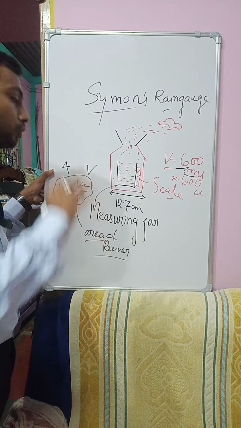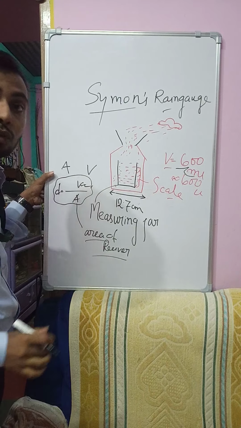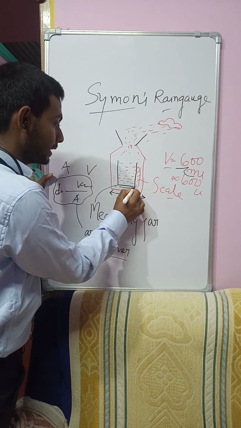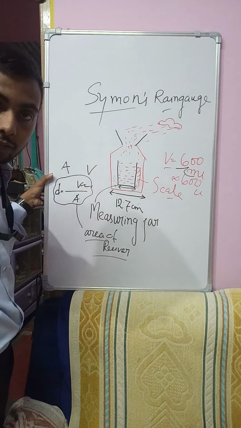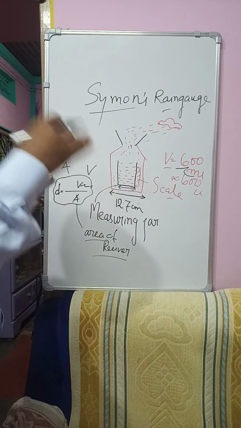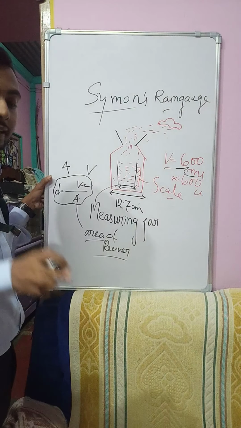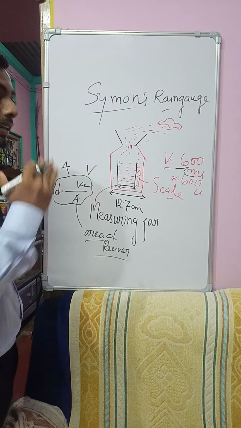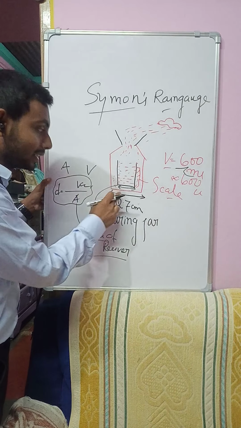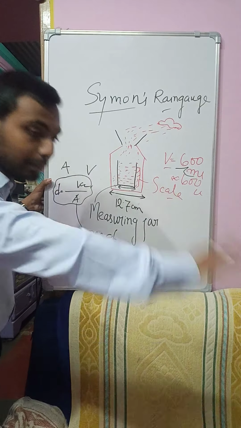So to find the area of the receiver or measuring jar, I need its diameter. Which diameter? As this is also cylindrical in shape, it must have another diameter which is smaller than 12.7. Normally it is less than 10, but I am talking about the practical situation. But in this question, no information regarding the diameter of the measuring cylinder or measuring jar is mentioned.